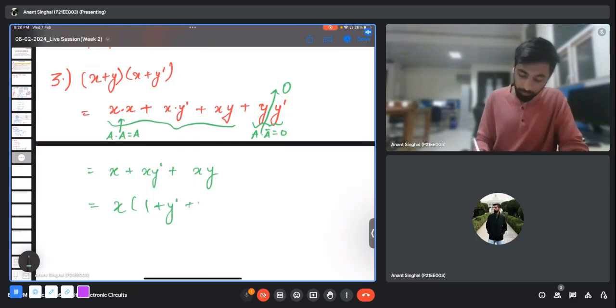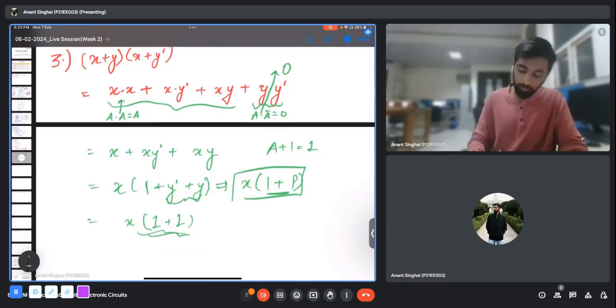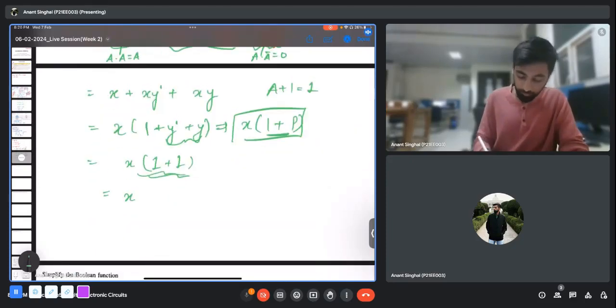y complement plus y. There are two properties that can be applied here. One is that y complement plus y will give you a 1, which we have already discussed, and 1 plus 1 will be 1 in the OR operation. Or you can write 1 plus any variable p, which will again give you a 1, because adding 1 to any variable will always result in a 1. So either I can write x times 1, or using this property I can write 1 plus 1. Finally I'm getting x times 1, which reduces to x, which is fine for the second option,